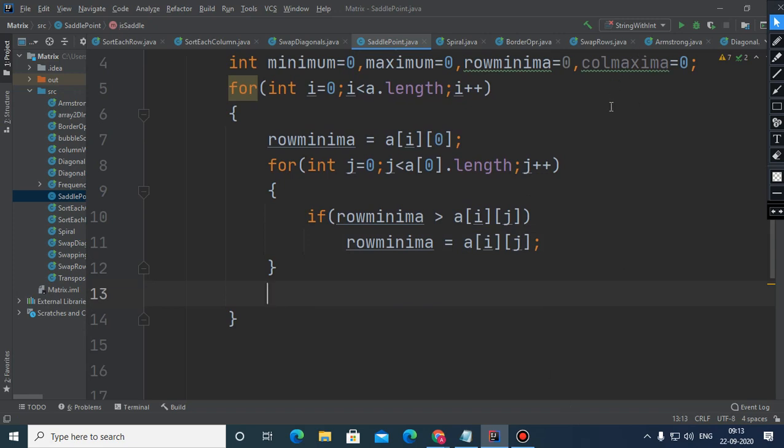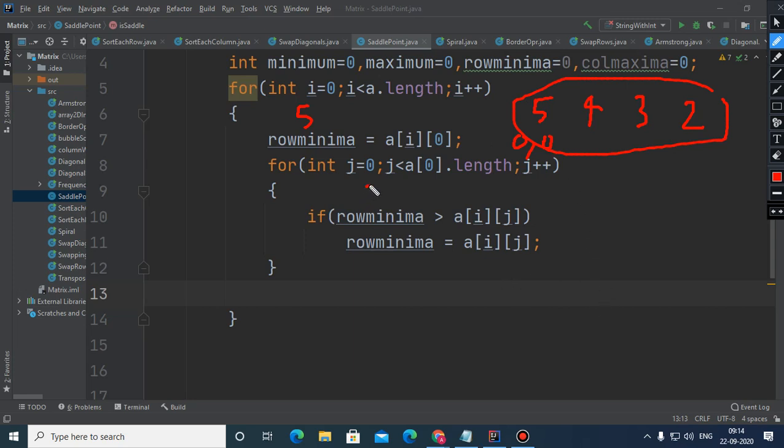Suppose in the very first row, these are the elements 5, 4, 3, 2, and the index of the first is 0,0. So we have considered 5 here. Then this loop j started for traversing all the elements in this particular row.